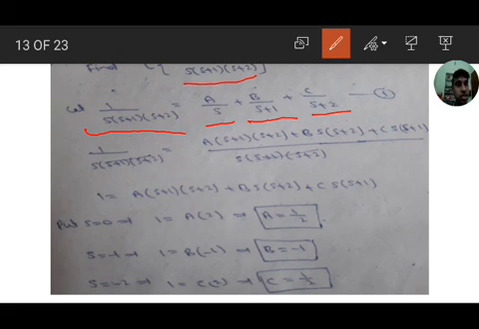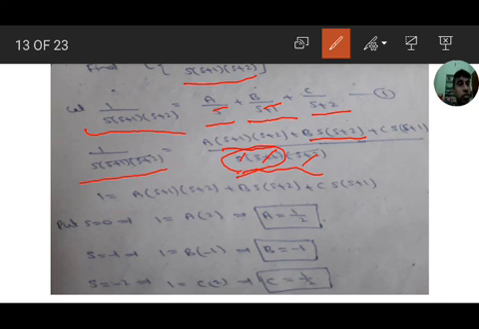So simplification: LCM in the LHS as it is, 1 by s into s plus 1 into s plus 2. In the RHS, s into s plus 1 into s plus 2 is the LCM. We get A, this s and this s get cancelled, with A into s plus 1 into s plus 2, and for the B, s plus 1 and s plus 1 cancel out, B into s into s plus 2. For s plus 2, this is cancelled out, we remain with s into s plus 1. So C into s into s plus 1.